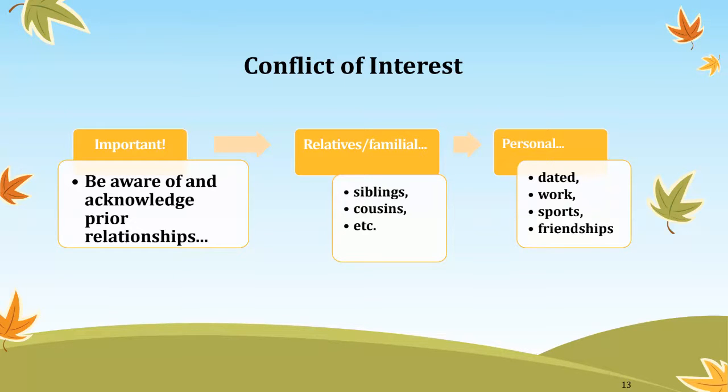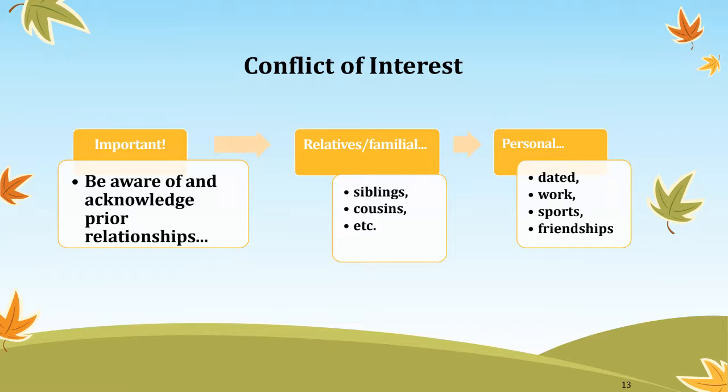as you're going through this, whether it's perceived, whether it's actually true or not, or whether it's just a matter of other students suspecting or feeling slighted. It doesn't matter. You have to be aware of and acknowledge prior relationships. That means if you're a GA or a TA and you see on your class list that students assigned to your class are related to you in any way, siblings, cousins, family members of any sort, or you